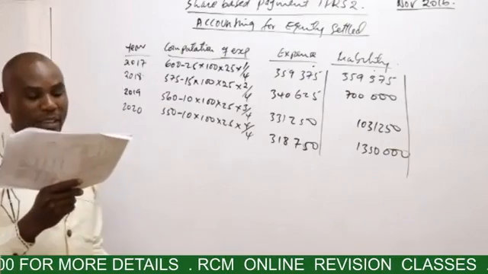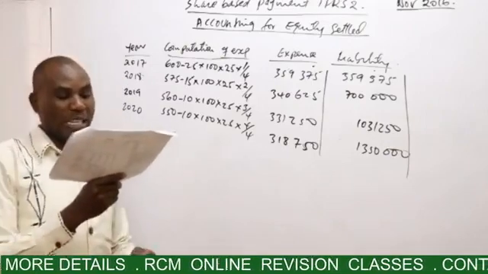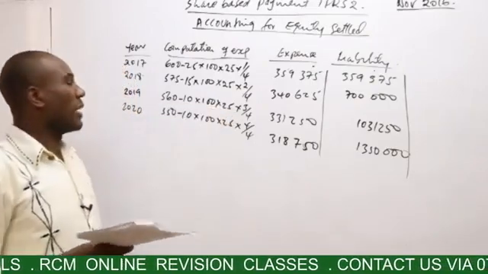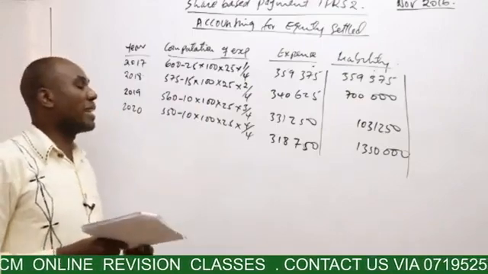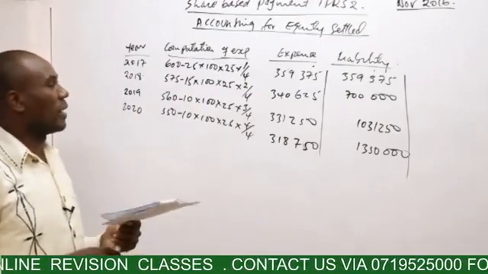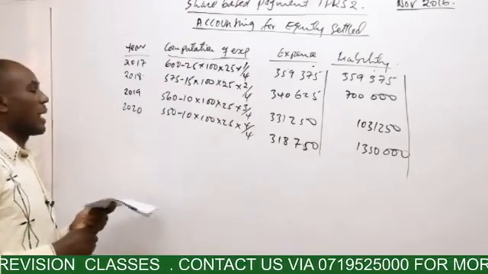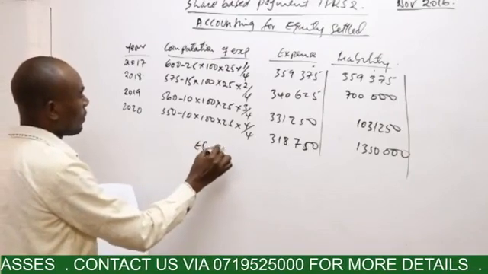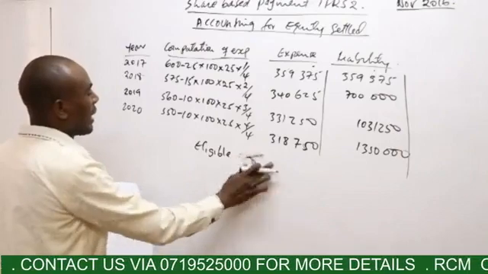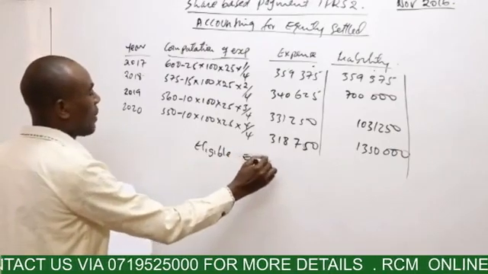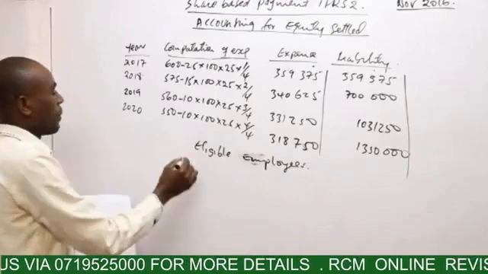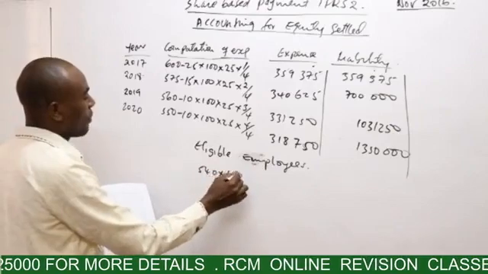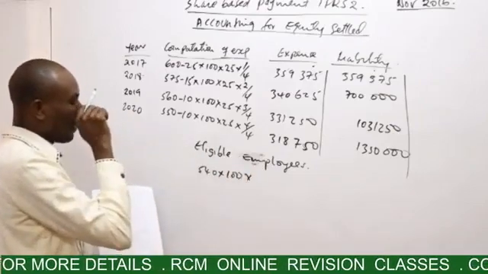But remember, the examiner also said to assume that all eligible employees will exercise their rights on that 1st March 2020. The eligible employees are those who are remaining in the company. And this will be 540, those who are in the company, times 100 options, times now the fair value,